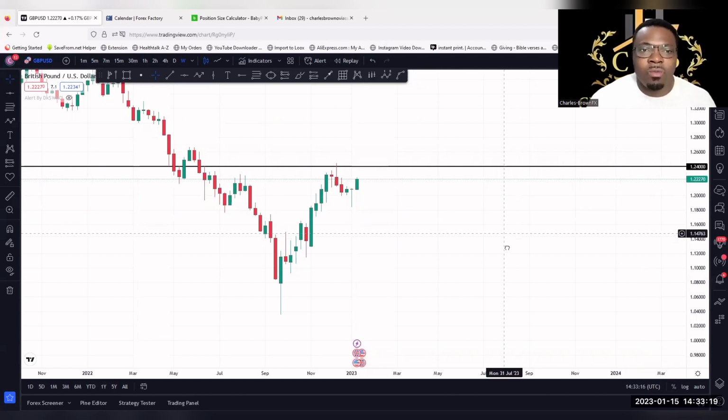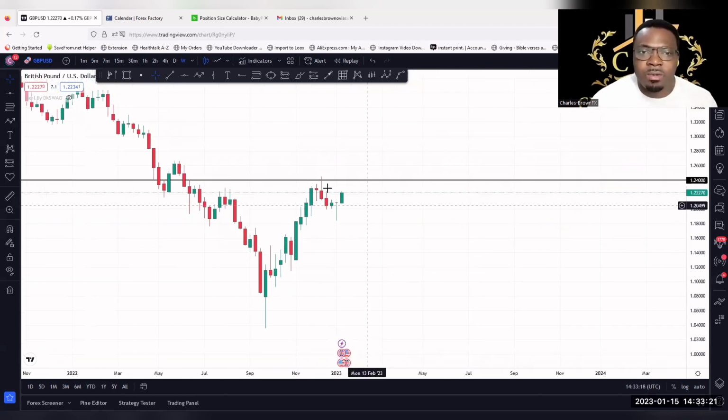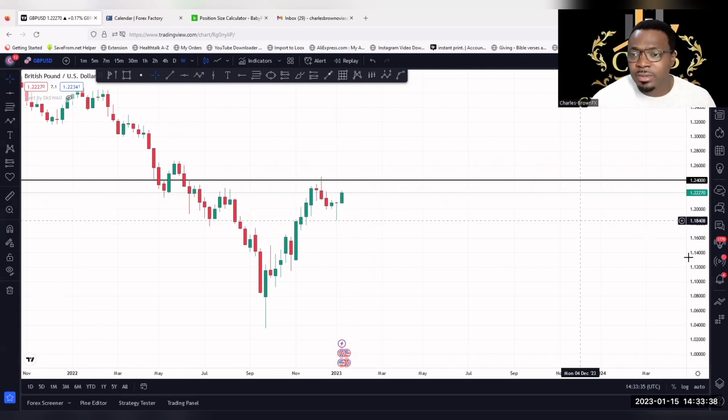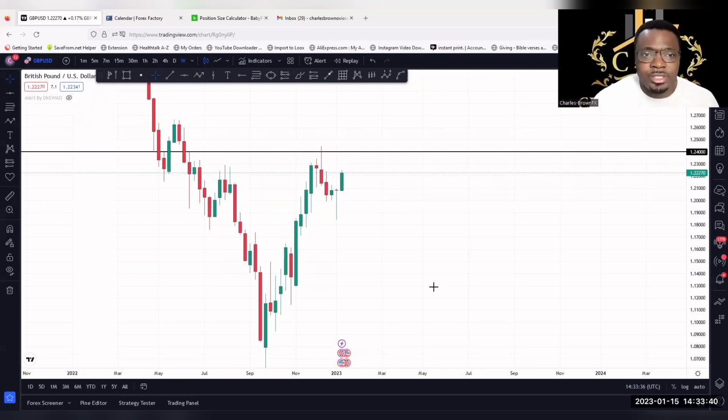All right. So what I'm looking at now is this range. Now we're looking at price coming to this high. Remember, it's a weekly candle. So last week we have this massive push up. Okay. So we have this massive push up, a drop, the market opened, and then started pushing up a little, drop. So right now, what we anticipate, this is a very good candle, a healthy bullish candle.